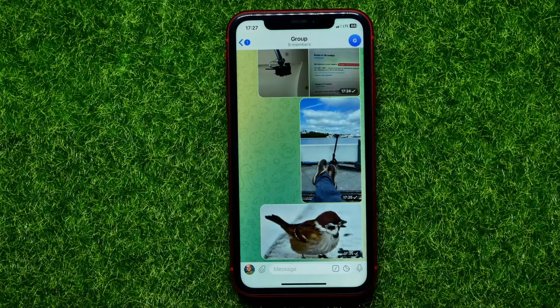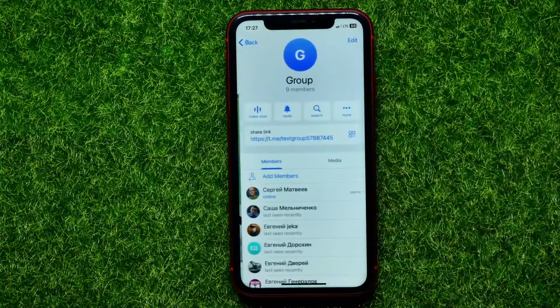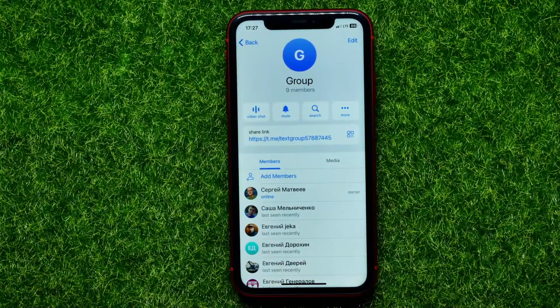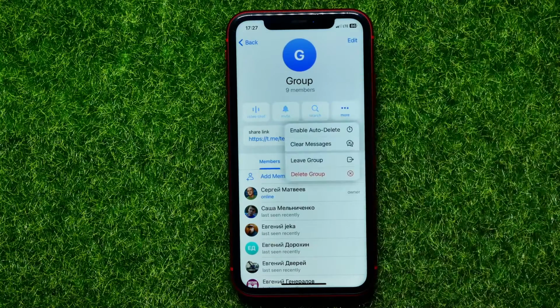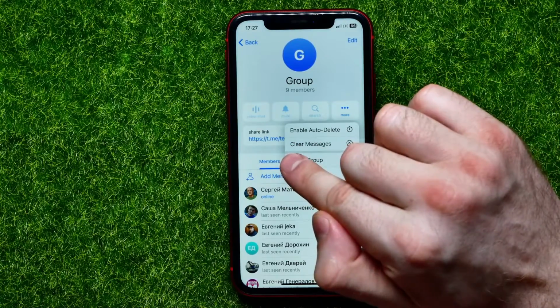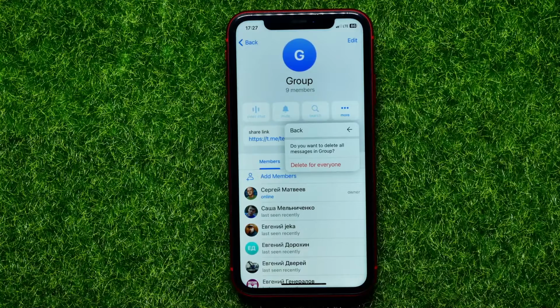If you want to remove all chat messages in Telegram group at once, you have to hit right here at group name to bring up group settings. In here, tap right there at more to bring up that options, and right here you can easily find clear messages feature. Just tap on that, and now it asks you if you really want to delete all messages in